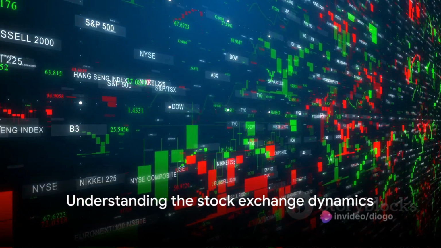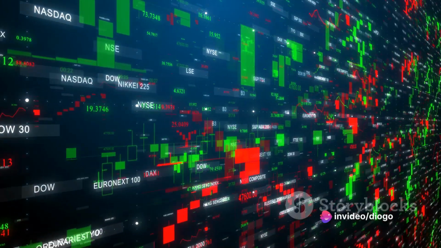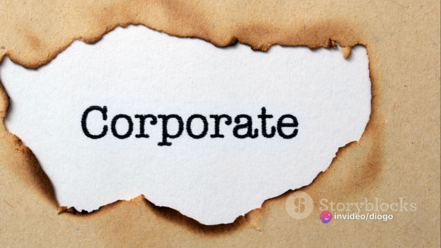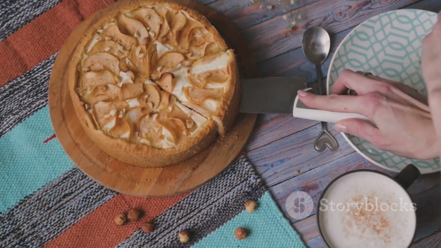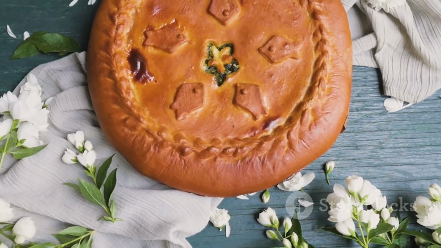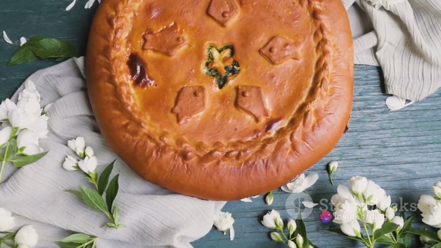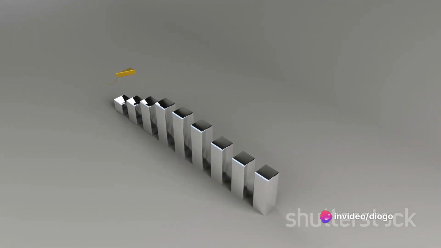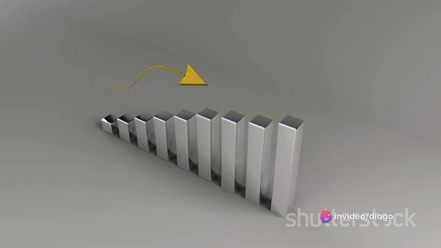A share of stock isn't merely a piece of paper or a digital entry in your brokerage account. It's a slice of ownership in a company. Think of it as a tiny piece of a giant pie. Each slice, each share, represents a proportional stake in the company's assets and earnings. The more shares you hold, the larger your slice of the pie, and thus, the greater your claim on the